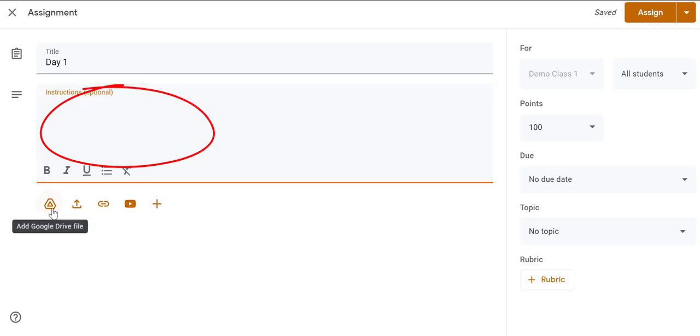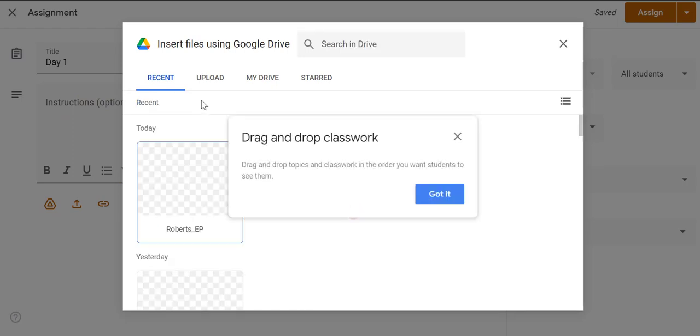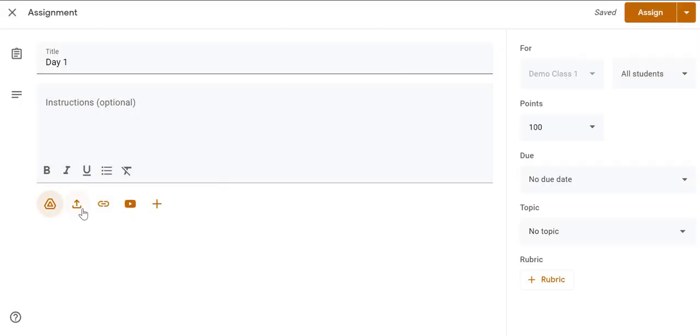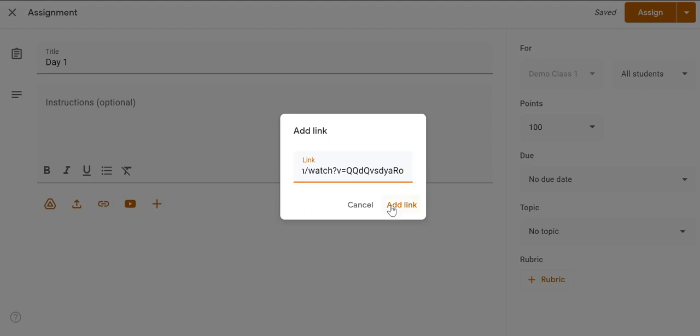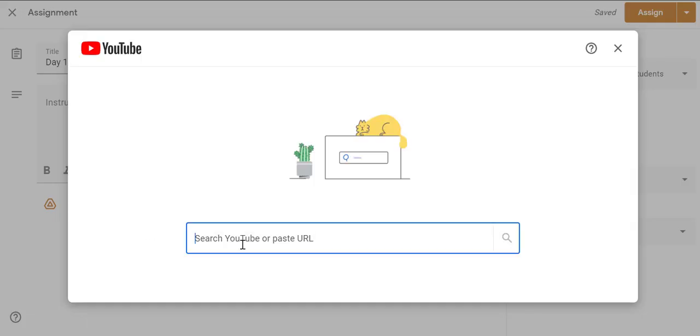You have different options. If you want to add something from your Google Drive, you can drag and drop your classwork into here if you wish, which is always helpful. If you have a file you want to upload from a computer, you can do that there. A link is when you can copy and paste a link in. So for example, you can go ahead and add a link. And this is just one of my other how-to videos, how to do attendance in Google Classroom, and they can watch that there. Or you can utilize the YouTube function where if you want to compare and contrast,